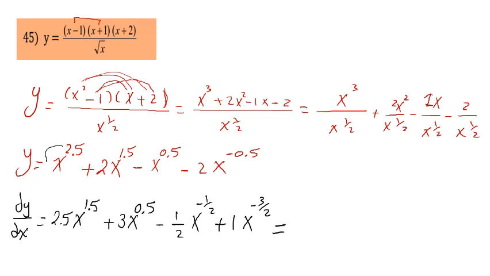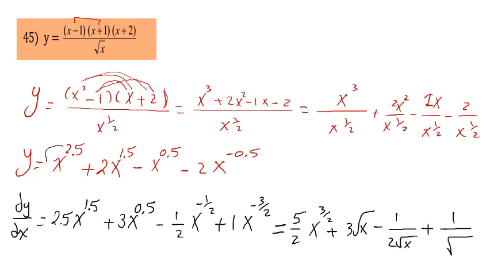Simplest form of this one is 5 over 2 x to the power of 3 over 2, plus 3 root x, minus half root x, plus 1 over root of x to the power of